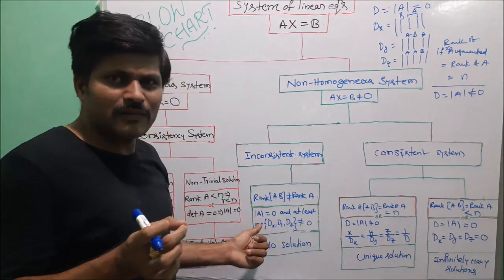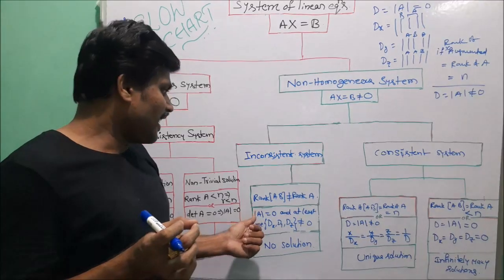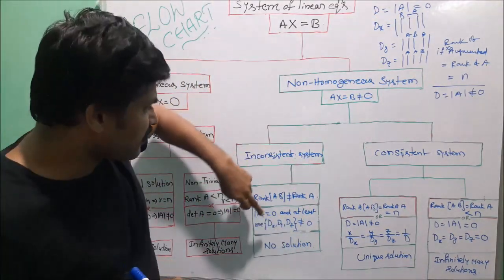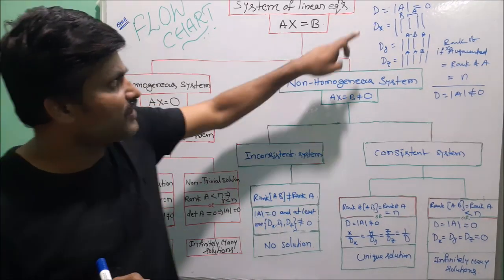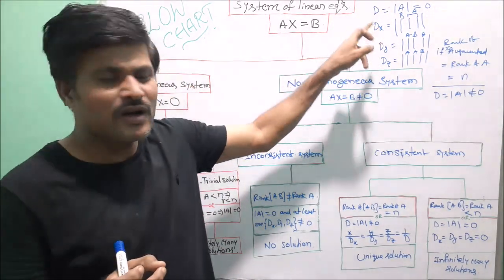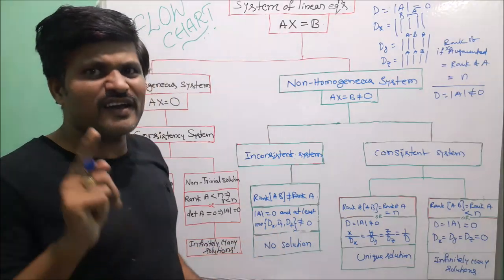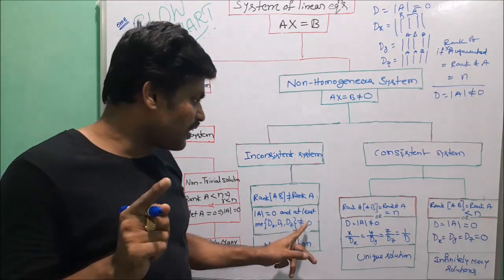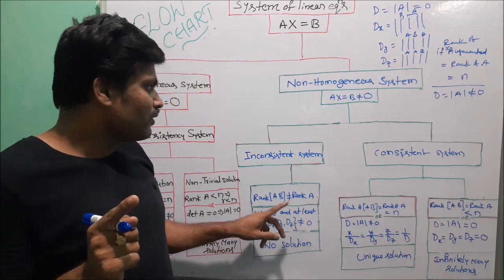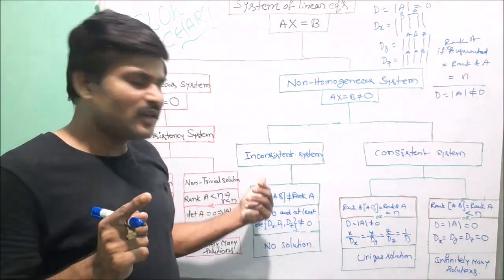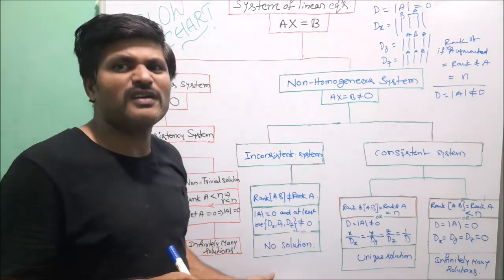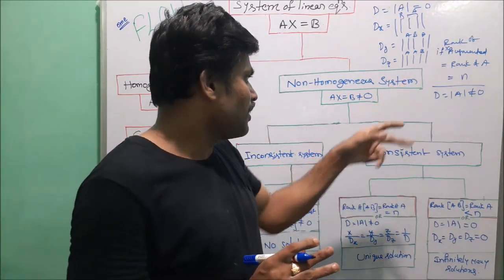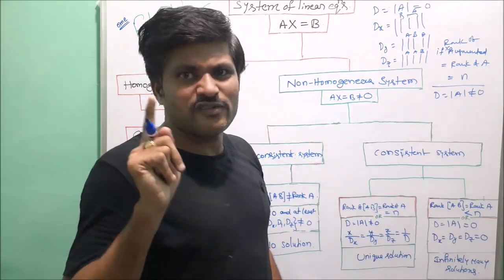And based upon determinant, we find that the determinant of the coefficient matrix equals 0, and also find dx, dy, dz, already discussed. Now in this, at least one of these three determinants dx, dy, dz is not equal to 0, and also the system is an inconsistent system. Therefore, the number of solutions is 0. That means no solution.